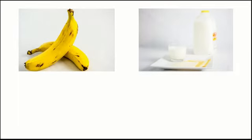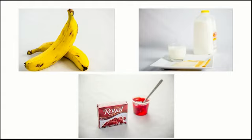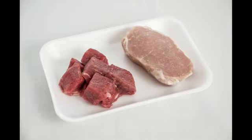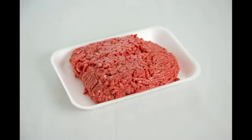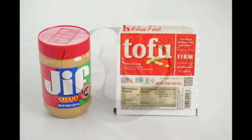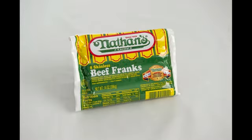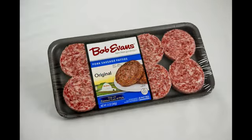Here is a list of foods you should be able to eat without any problems during the first 4 to 6 weeks after your surgery. Chicken, turkey, and fish, tender cuts of beef and pork, ground meats, eggs, creamy nut butters and tofu, skinless hot dogs, sausage patties without whole spices,